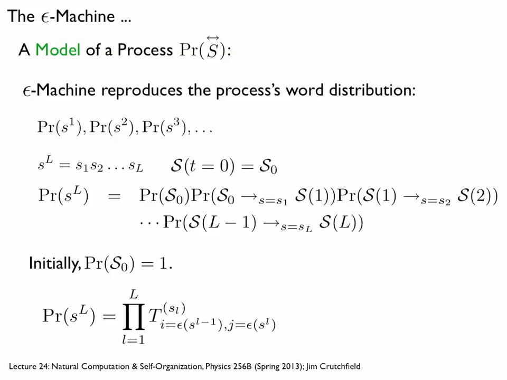Up to some technical provisos. For example, if I say 0, there can be a number of transitions on a 0. That's why, in this first way I'm describing how the Epsilon machine produces the word distribution, we're starting from this unique start state. In that case, there's a single path through the machine, if you start off synchronized. By definition, there is this unique start state, which we'll have to establish. And since every individual transition is unifilar, there's just one alternative, and therefore I'm going to follow one path.